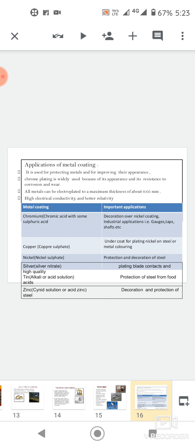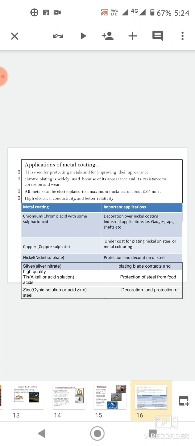The advantage of electroplating is that parts to be coated may be simple or complex, and the size is not a limitation. It is used for protecting metals and for improving their appearance. Chrome plating is widely used because of its appearance and its resistance to corrosion and wear. All metals can be electroplated